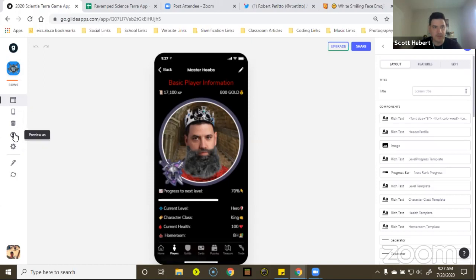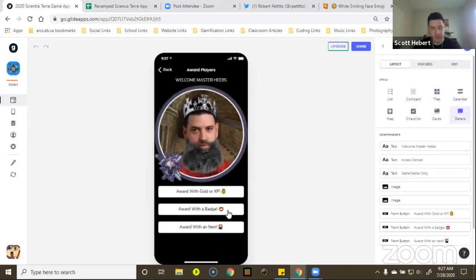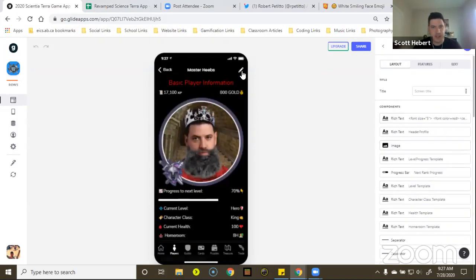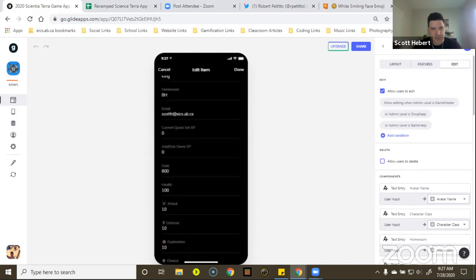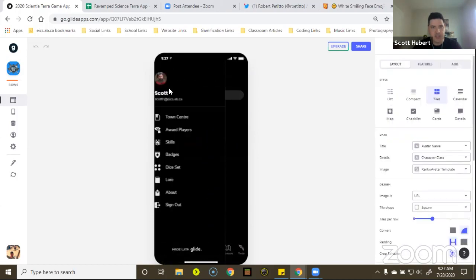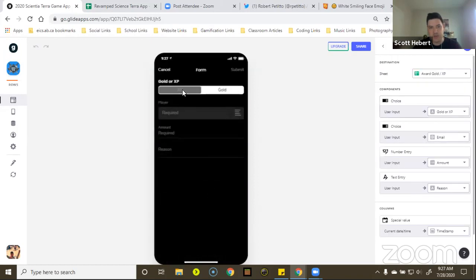I'm a really big fan of this. This is a massive time saver for me. Because how I used to have to do it is I'd have to click their profile, find them, click the pencil, find the proper category, edit it, done, blah, blah, blah. Now I just grab the phone, I go here and I award as needed. And then the same thing goes with XP.